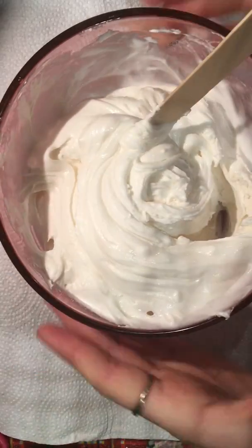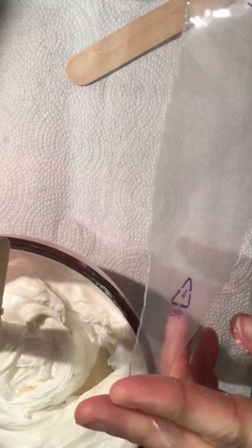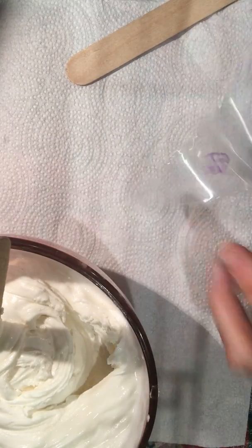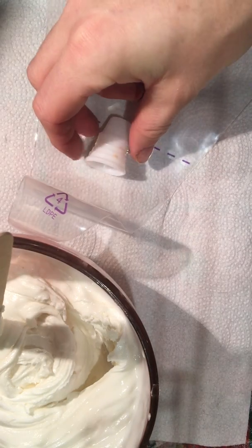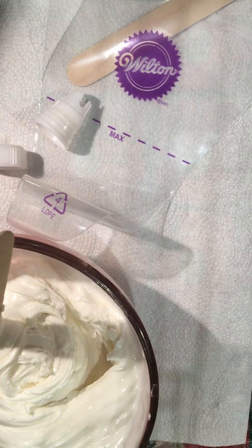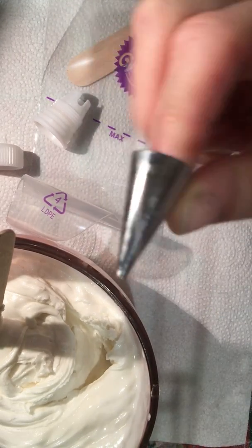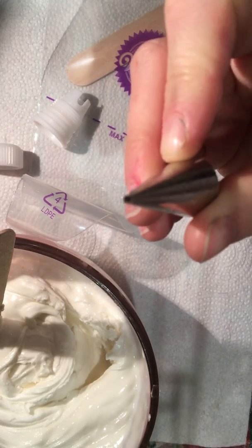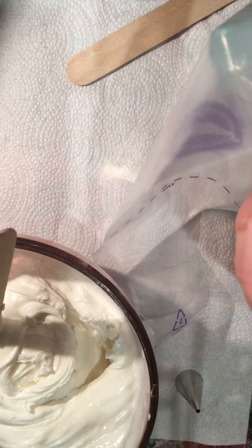So now I'm going to show you how to prep your icing bag. I use Wilton. You can use any type of icing bag that you find. And you need a coupler. So this is a coupler along with that. And I'm going to use a number 3 icing tip, which is just slightly bigger than a 1 or a 2 round tip. So I start with this piece of coupler, put it in the bag,